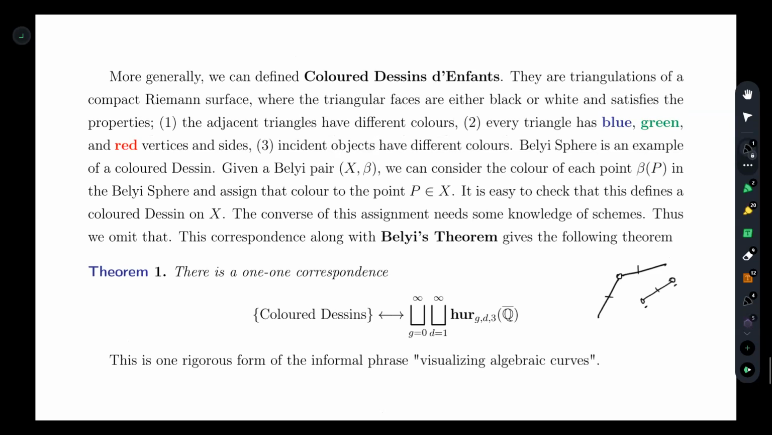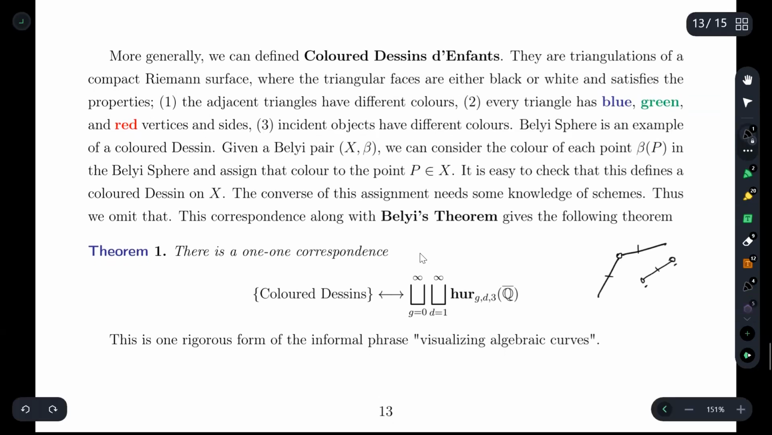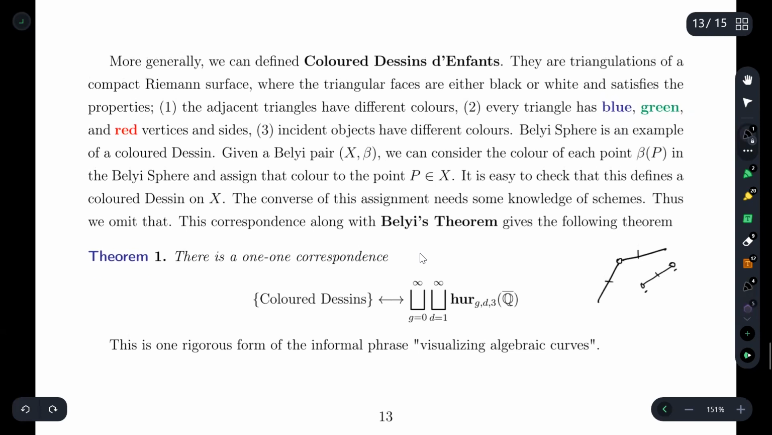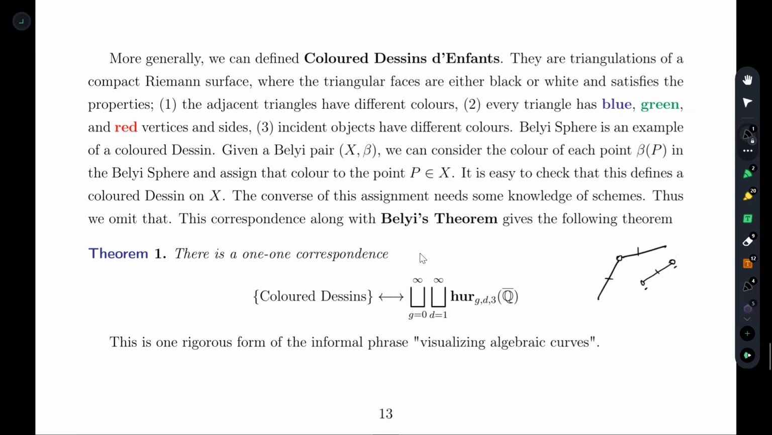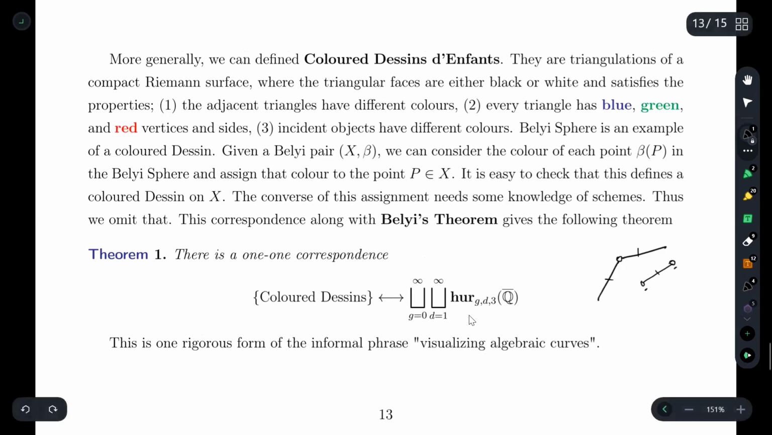Yeah, so this can be proved by combining a theorem in a paper of Grothendieck, where he introduced the dessins, and the theorem of Belyi. Is this correspondence clear? No, this last correspondence is not a bit clear for which union. Yeah, so we are considering only